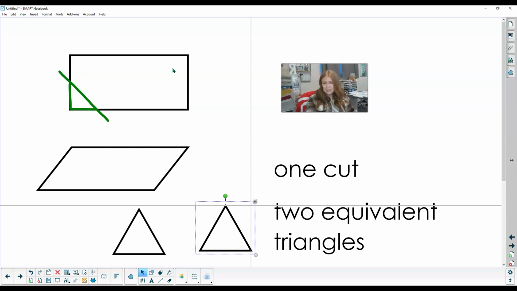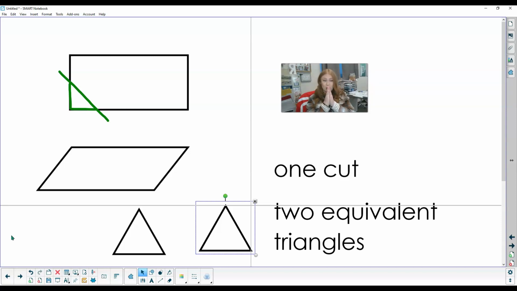Right? This is not a triangle. It is not going to stack on top of it and make two triangles. So yeah, that's a triangle. That's not. One cut, two of the same triangles. If you mess up, go grab another paper and maybe think about, okay, what did I do wrong, if you have to go get another paper? Make sure you clean up after yourselves and come and show me to get that checked off when you have